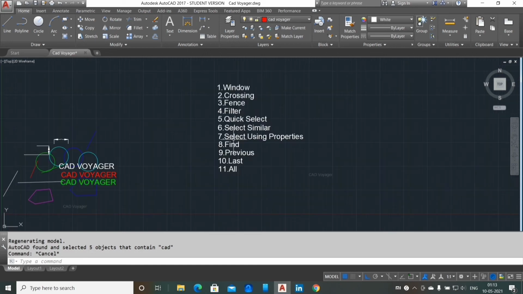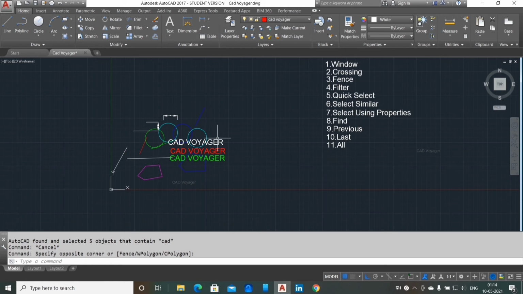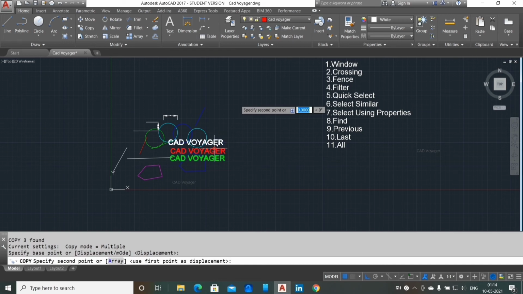It is not a command operation, it is just an operator. It is used to select the objects which were previously selected in an earlier operation. Now see, I am copying these 3 CAD Voyager objects also, and I am moving them somewhere. I had selected 3 CAD Voyager objects and I am now moving them to the top side.